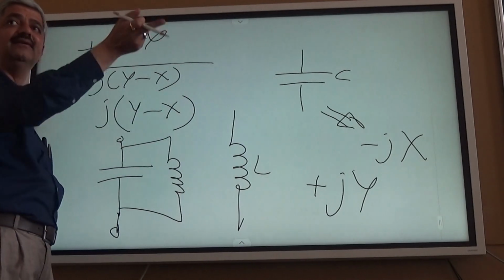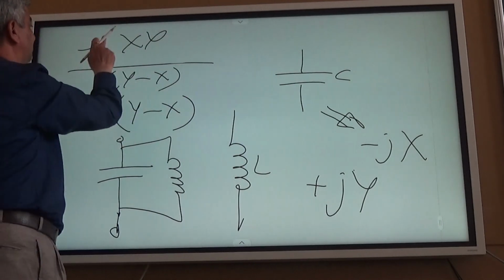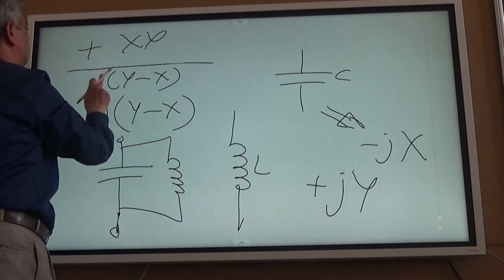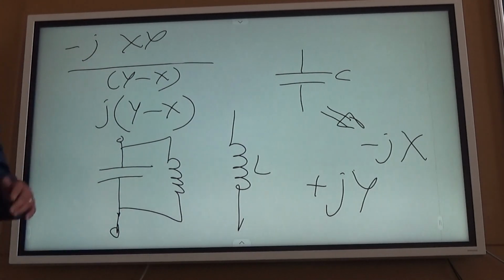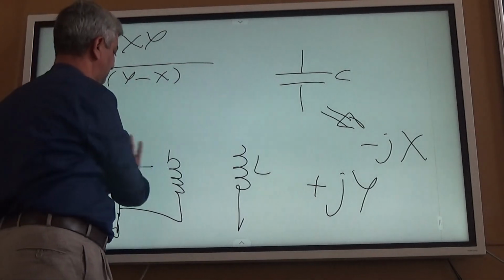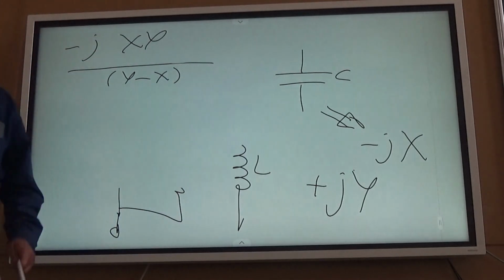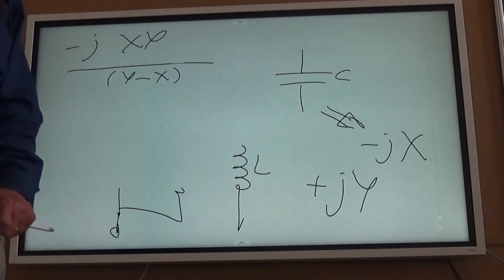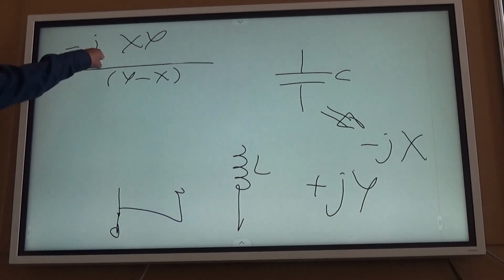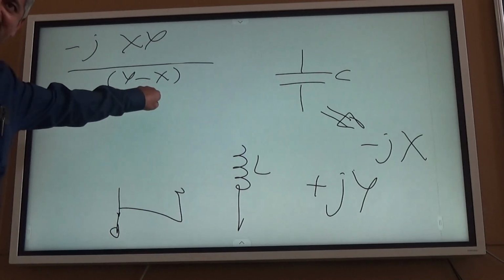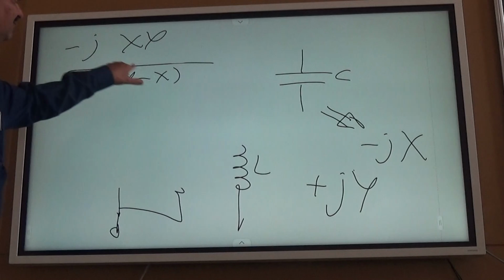If I multiply both by j, it is minus jxy upon y minus x. So in that case what will happen? Again, if y is more than x, this is positive, net negative. So capacitive. If x is more, this is negative, net